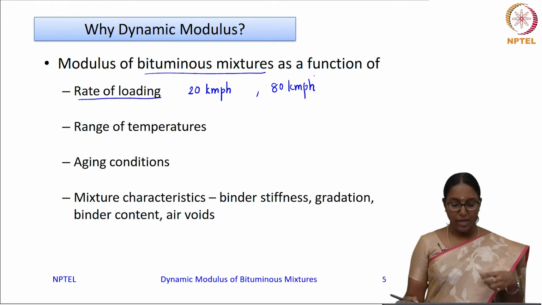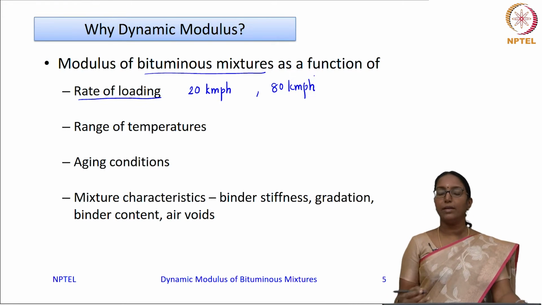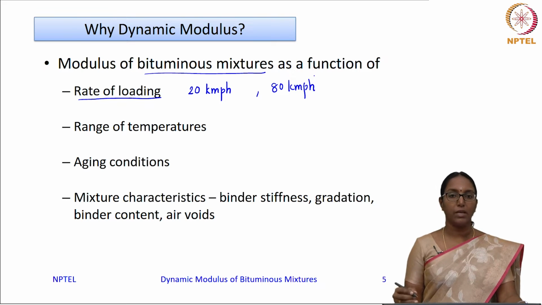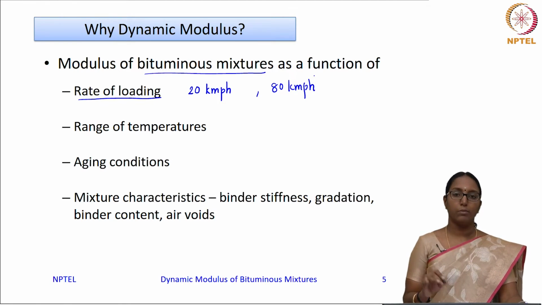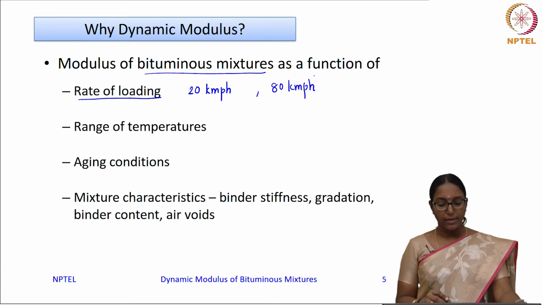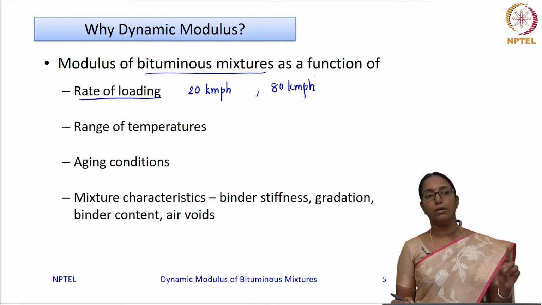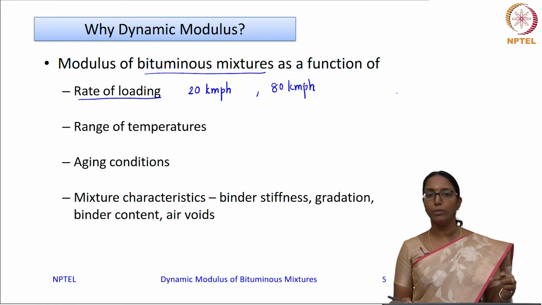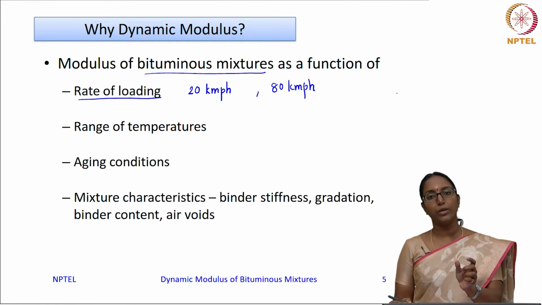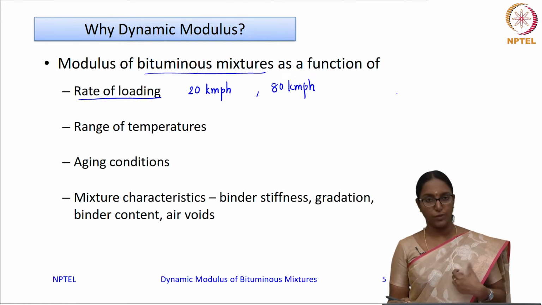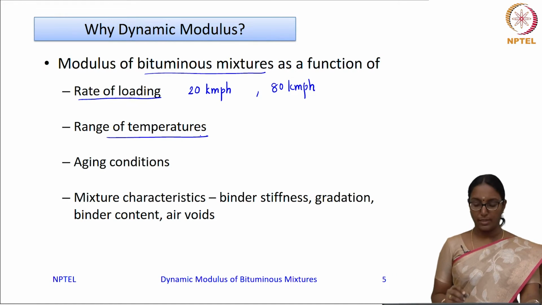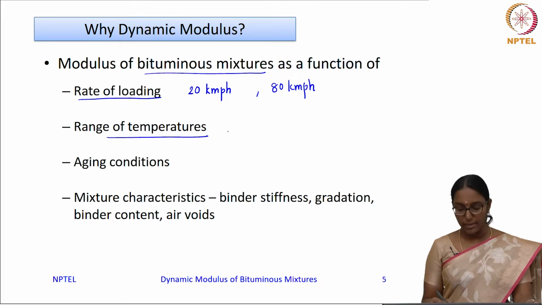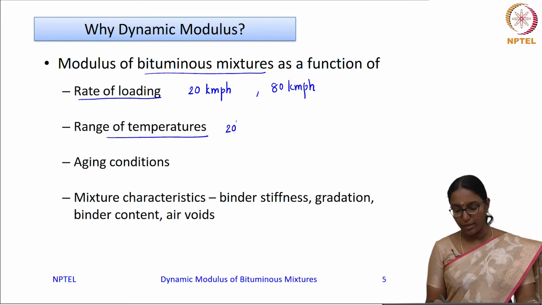So this is what we have already discussed in the viscoelastic behavior of the material. Professor Mully has in detail discussed this characteristic, and hence at higher loading durations you will see a lower modulus, and at lower loading durations you can see a higher modulus for the material. And second is the range of temperature at which you do this test. Say for example, your pavement is at a temperature of say 20 degrees Celsius.